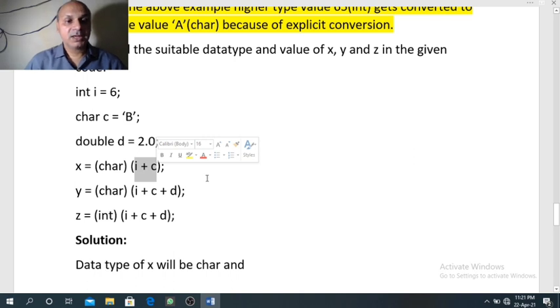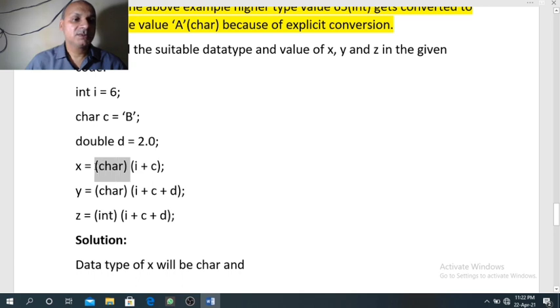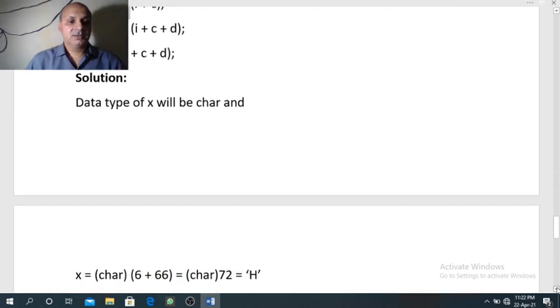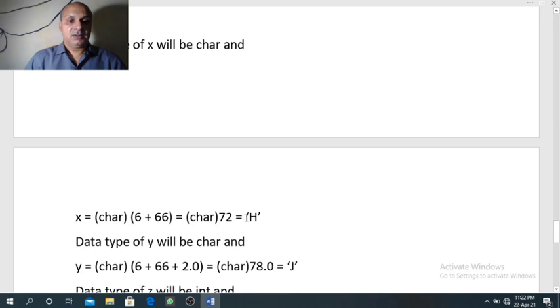So here system will take the ASCII code of capital B, that is 66. So 66 plus 6, 72. Now 72 is converted into equivalent character. So result will be character value. So equivalent character of 72 is capital H. So x should be character type, char type, and its result will be capital H.